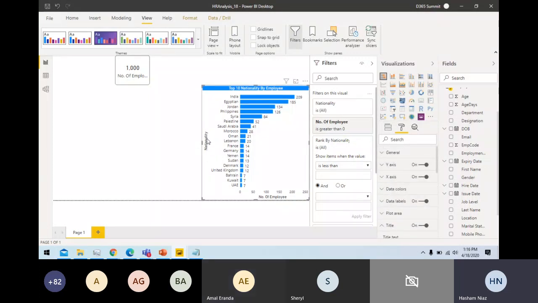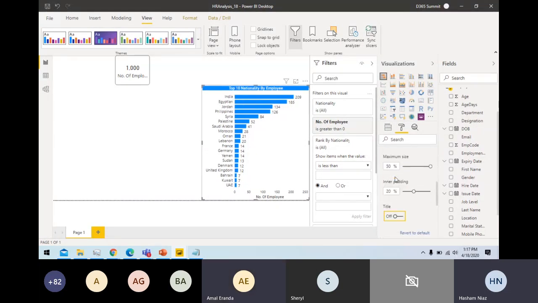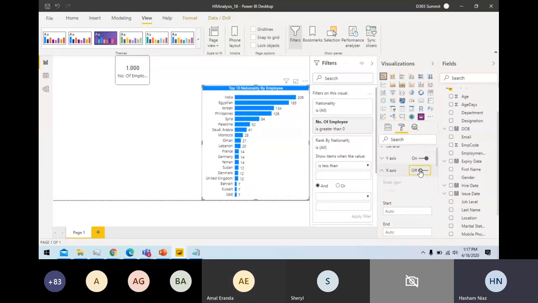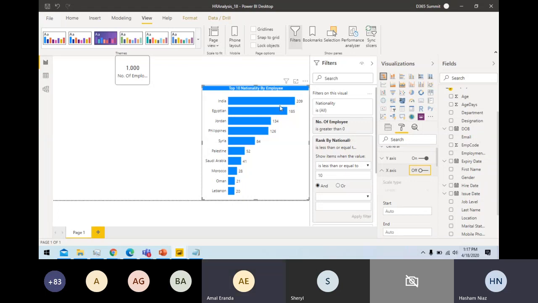Also, do you see there is no need to actually mention these data legends here. So I can remove the title of this X and Y label to give me more space on the chart. So this is how I can give more space to the chart as well. And here you see I don't need to actually have the x-axis, because I already have these data tables available. So I can turn this off as well. So this gives me maximum space on the chart. So I'll now turn it back to the top 10. So it will show top 10. Okay, now this becomes more readable.